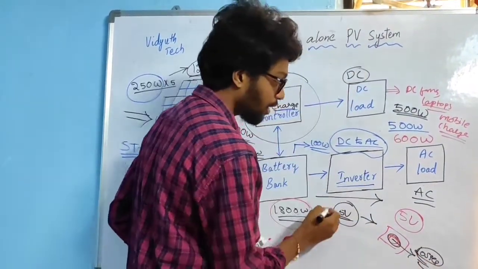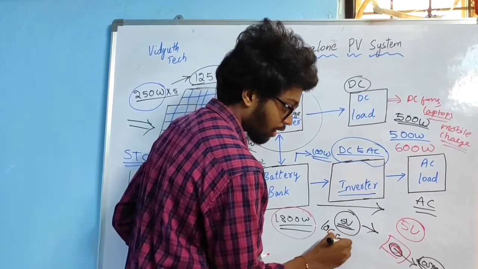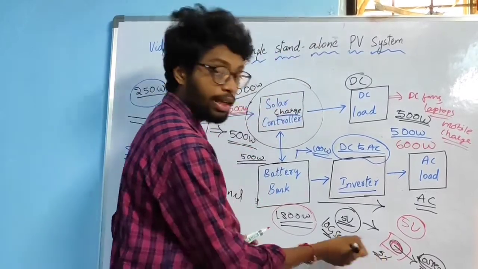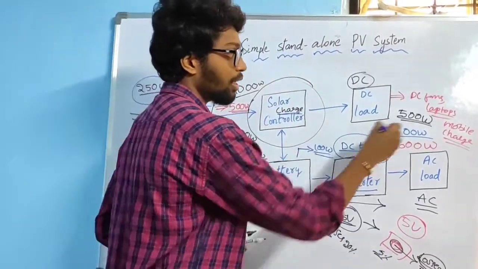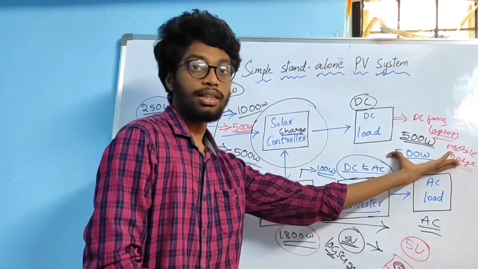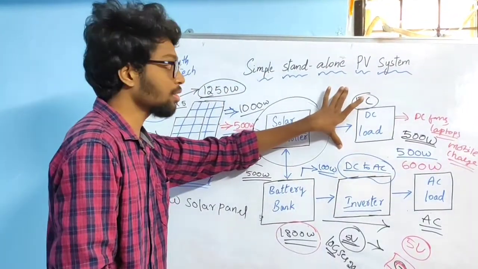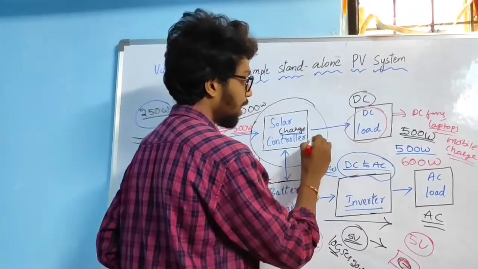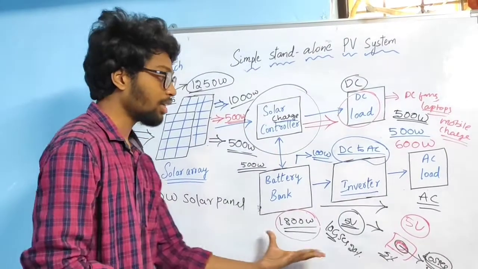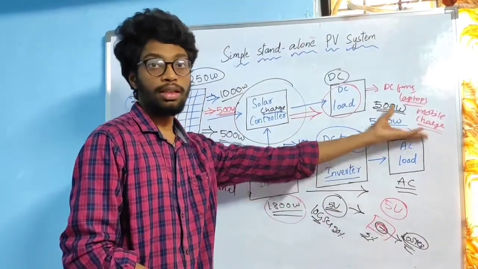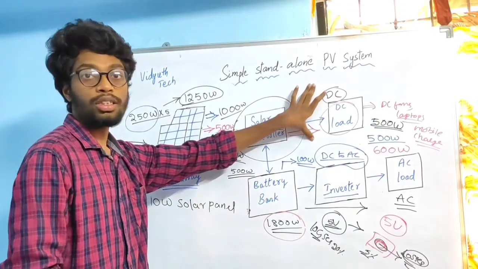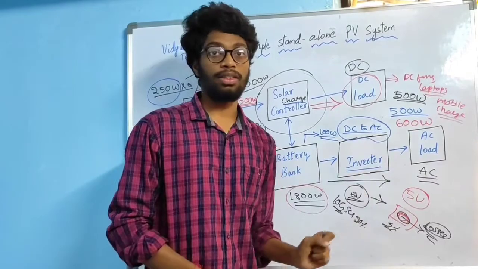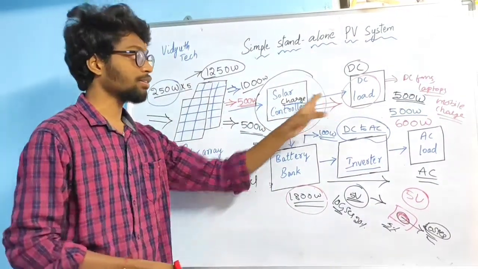There will be losses, and the inverter is going to provide some losses. For example, 20% losses. Let me take 5% here. Overall you are going to get some losses, right? If you take directly from here, you are going to decrease the losses, so efficiency will be increased. If you have direct wiring to the DC loads, just take from here, rather than converting DC to AC and AC to DC. So it is better to use DC loads if you have DC wiring, rather than using DC to AC conversion and AC to DC conversion. That is the advantage here.